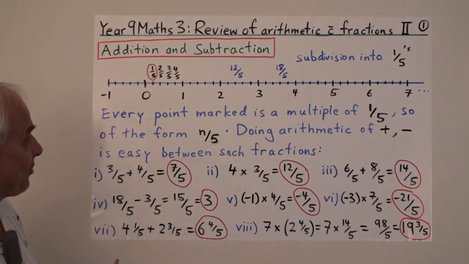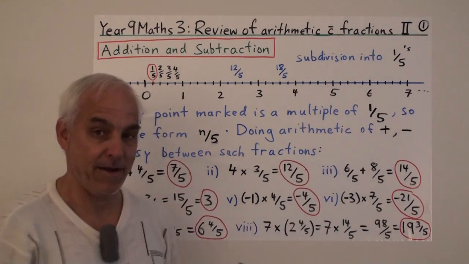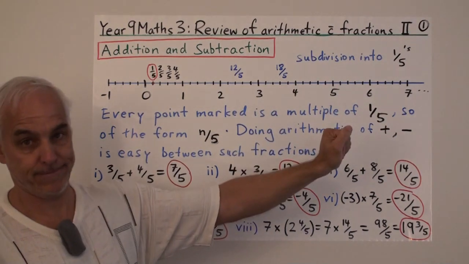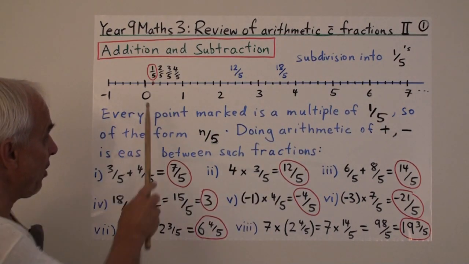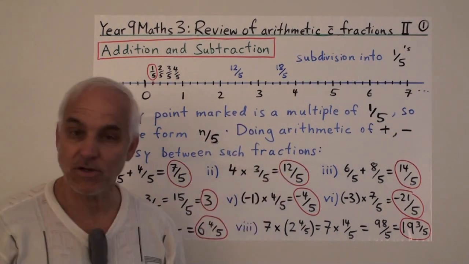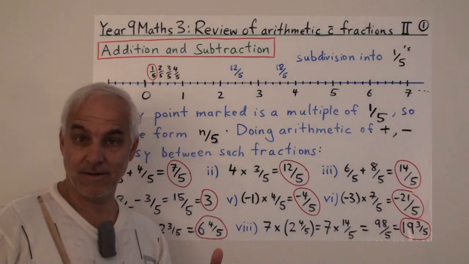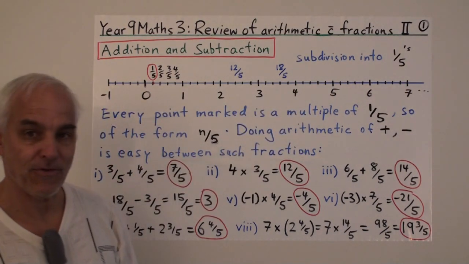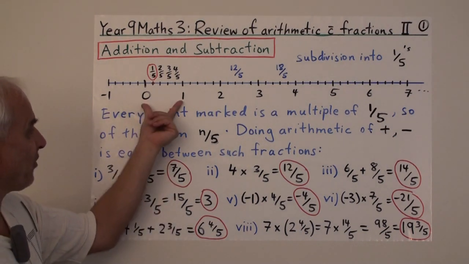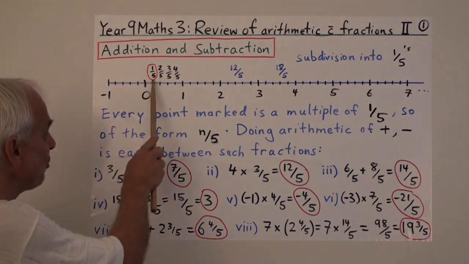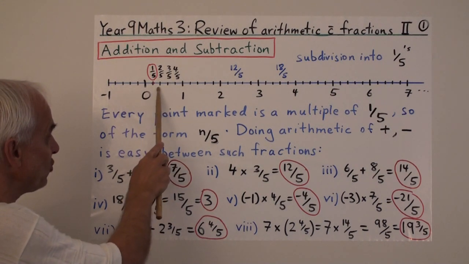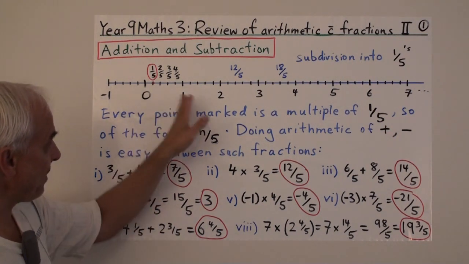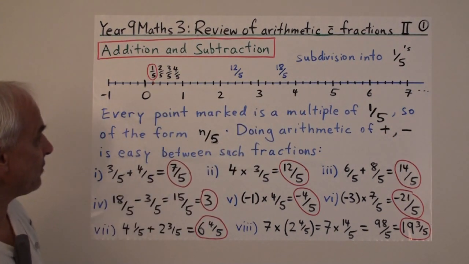So let's remind you that here is our number line. We're going to think about numbers as being points on the number line. And here are our integers. And we saw last time also that we could talk about fractions as being intermediate between these integer values. And here I've shown you multiples of 1/5. I've divided the interval from 0 to 1 into 5 equal pieces with these intermediate lines. You can see there's 1, 2, 3, 4, 5 subintervals, evenly divided. And I've done the same thing for all of the other intervals.